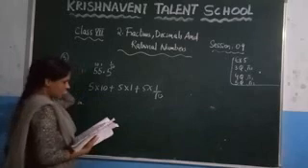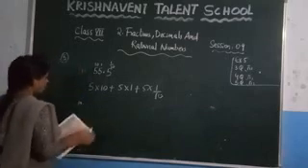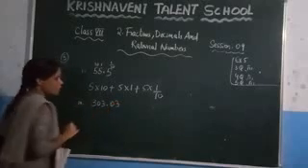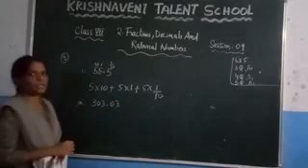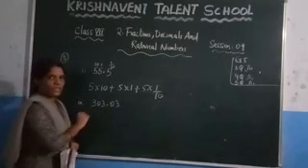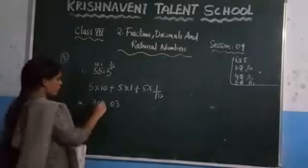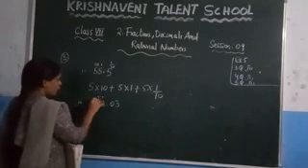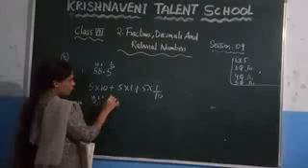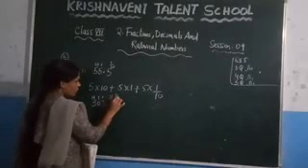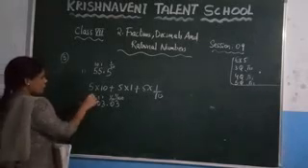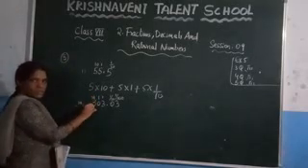What is given here? 303.03. This one is given. You need to expand this one. So left of the decimal point you need to take the multiples of 10. Write it here: ones, tens and hundreds. And right of the decimal point you have to take the division of 10, which is 1 by 10th place and 1 by 100th place.